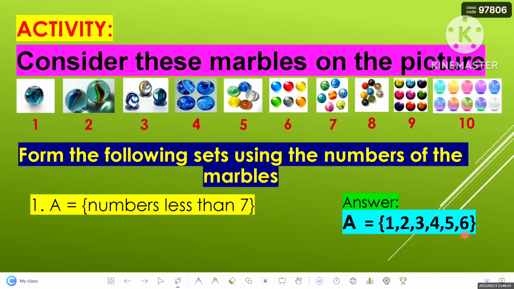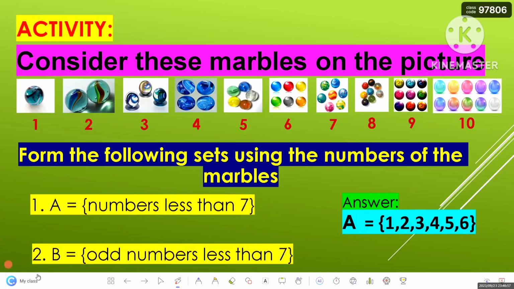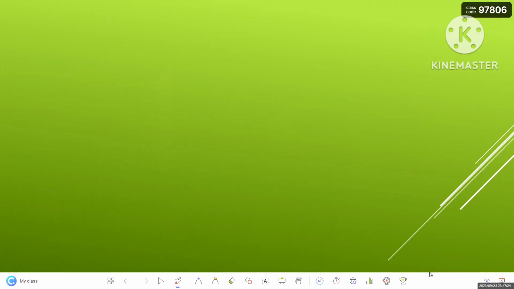That's correct. Number 2, set B, odd numbers less than 7. As you can see, this is number 7. So we have to identify the odd numbers less than 7. The answer is set B equals 1, 3, and 5. These are the odd numbers. Next,